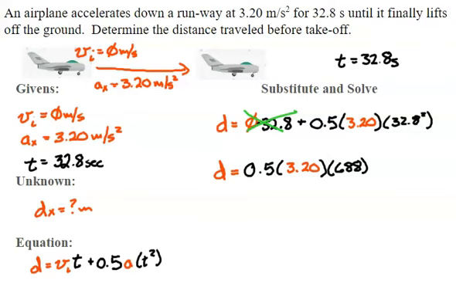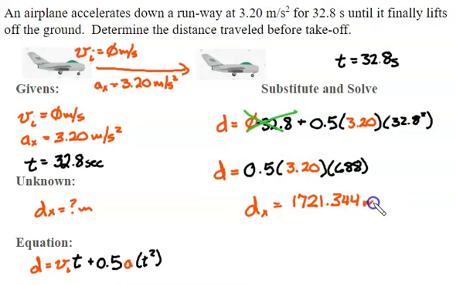When I complete the rest of the math, when I put this in my calculator, distance in the x equals 1721.344